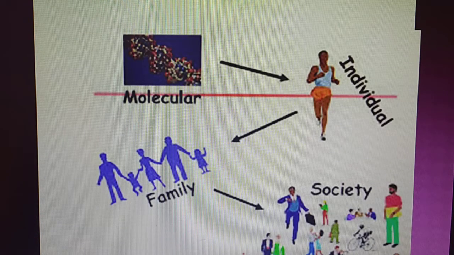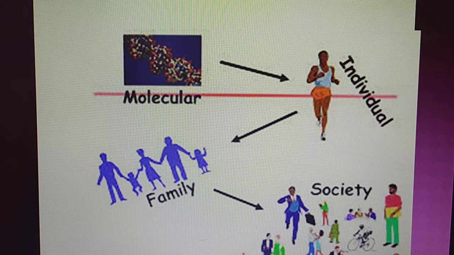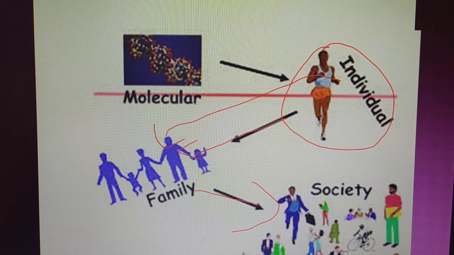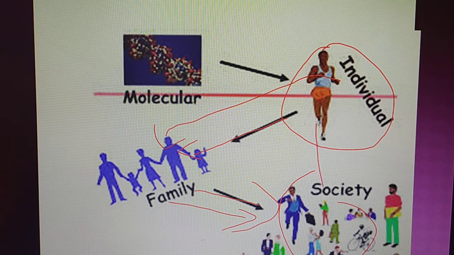This is the picture, and you can understand it very clearly. The individual lives in a family, and a number of families leads to the creation of society. If you want to meet the needs of the human being, first of all he has to live with a family, and the family also has its own needs. To meet the needs of the family, that family has to live with the society. So we can say that society cannot be expected without individuals, and individuals cannot be expected without society. Both are interdependent on each other.